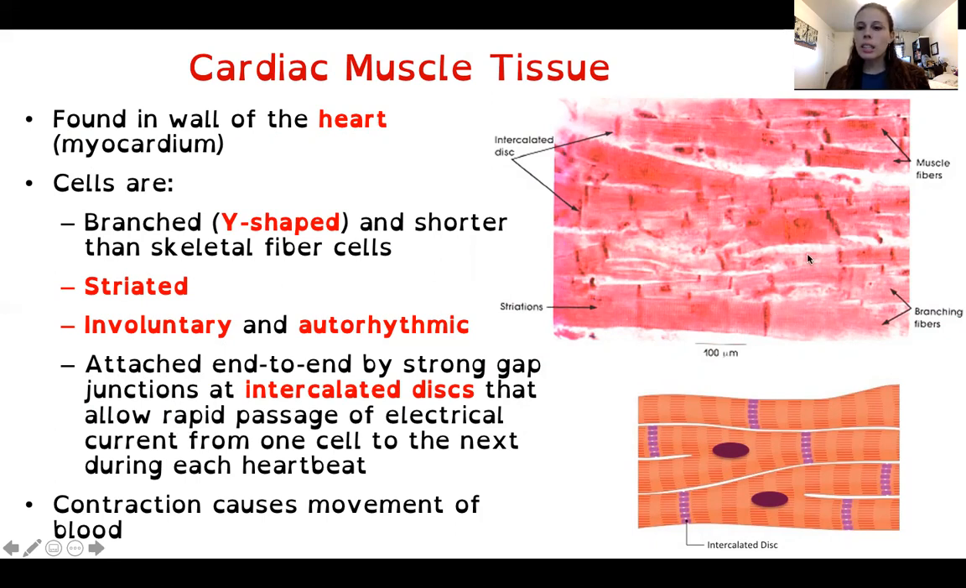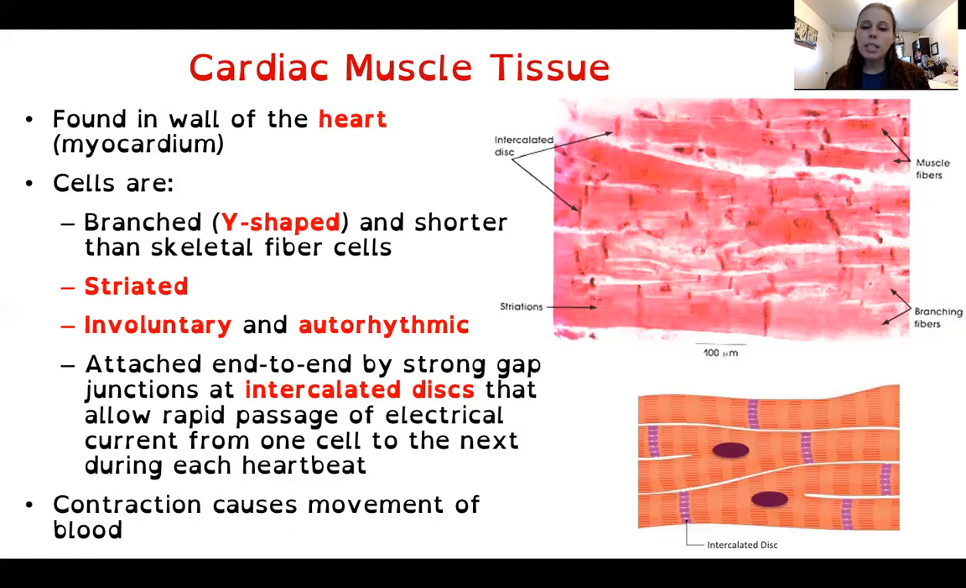So these are the main features of the cardiac muscle tissue when you look at it from a histological point of view. Y-shaped cells, only one nucleus. They have a striation, and then they have these thick lines here called intercalated discs, which you don't find in the skeletal muscle. Now, this type of tissue is involuntary, so we cannot control the